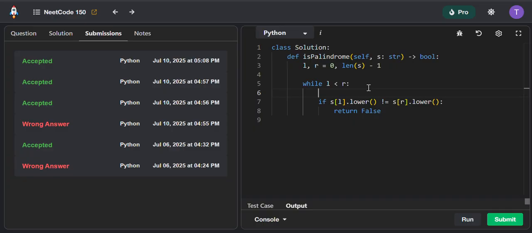And before this, we have to increment the left pointer if we get a character that is not an alphanumerical one. So we're going to use a while loop, and we also have to make sure that the left pointer never gets bigger than the right one. So we'll add this condition and not. So we're going to use our isalnum as we used in the previous solution. So if the string at index L